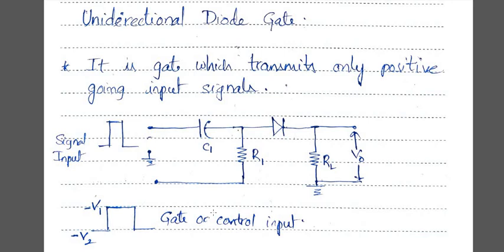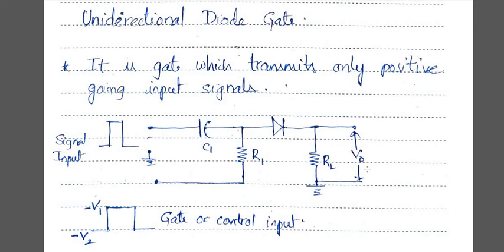We are using a diode with a capacitor followed by two resistors, and we are using a voltage control signal, correct? Here is the input signal, this is your control pulse or control signal, and they will be combined. When the input is at minus V2, there is no output, V0 equals 0. And when your input signal is also high, you will have a time coincidence between these two signals, and your pulse may be transmitted now. This particular pulse may be transmitted as the output, and we can also give it as V0 equals V in.